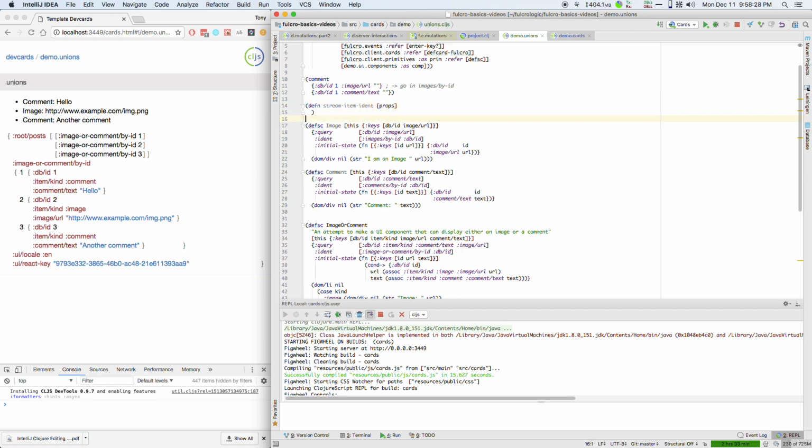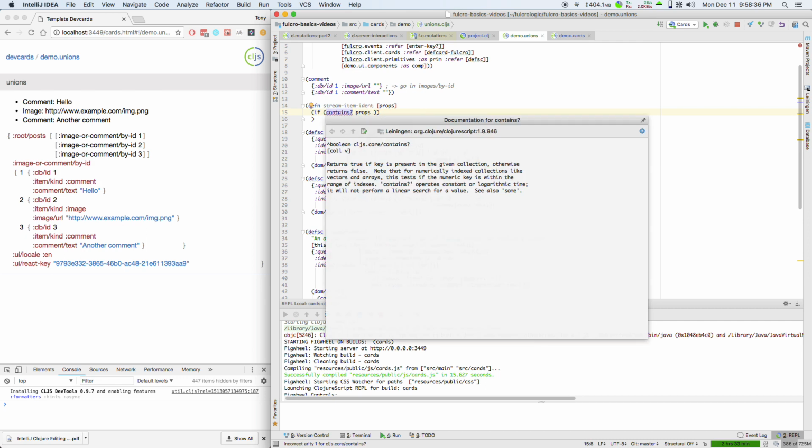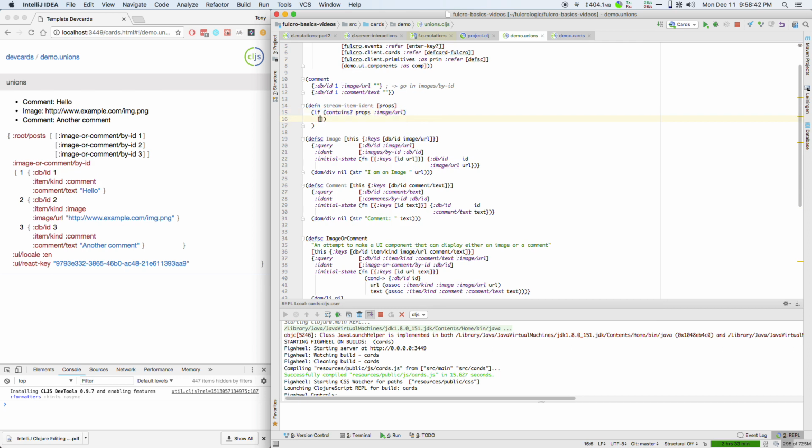So I can't base this on an ID, I actually need props. And what I'm going to do is say if the props contain image/URL, then my ident is going to be images by ID, and here let's do a,